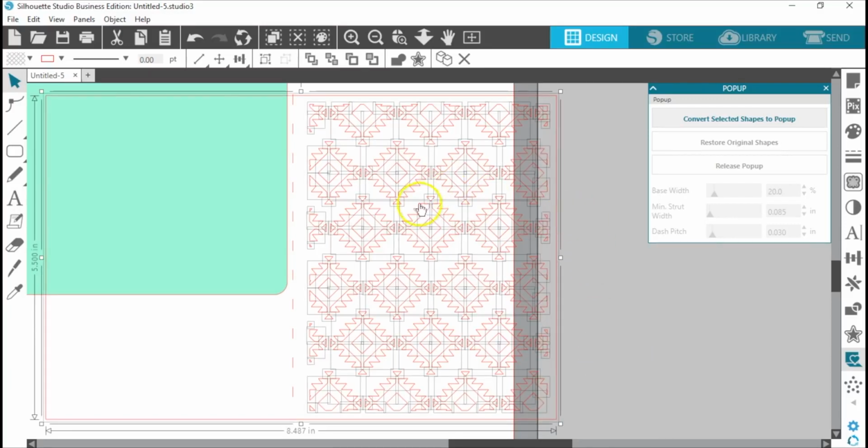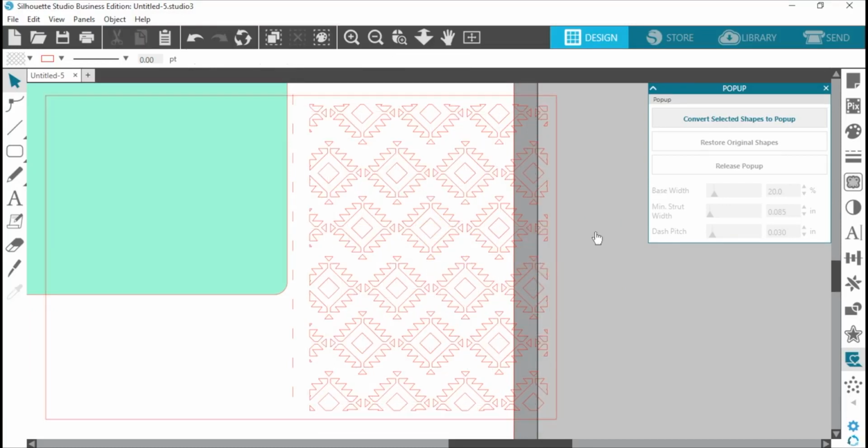Now I can access those inner pieces of the card. To select just the parts I want, I'll click and drag, but I can't get all of the pieces. So what I need to do to add to that selection is to hold my Shift key while I click on those other little bits that didn't get selected the first time. Once I have those pieces selected, I'm going to group them, and then I can pull them away. And I don't need the rest of this card.